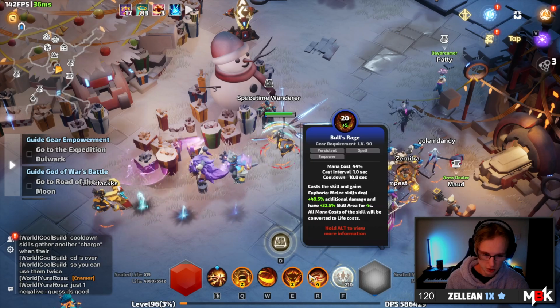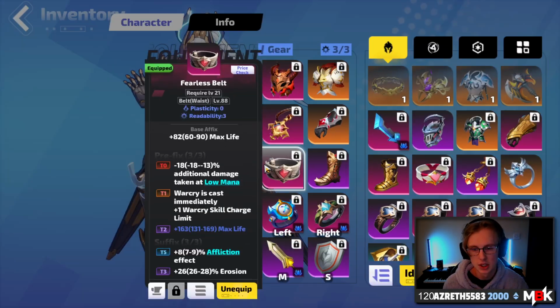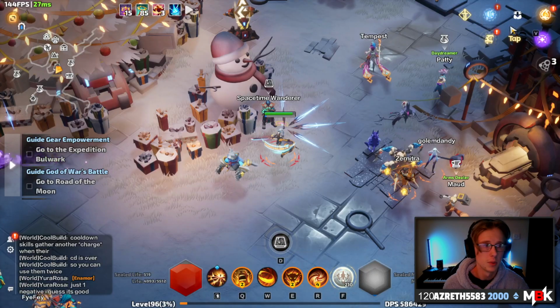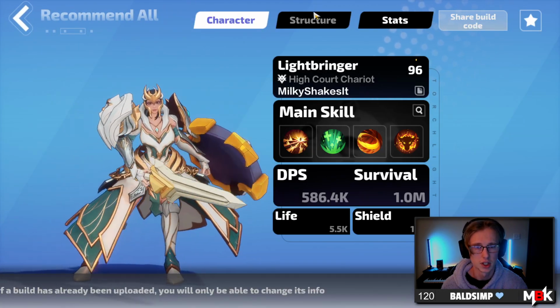Now, don't pay too much attention to my skills. I have done a bit of swapping around because I do have a belt that gives me +1 Warcry. But what we're going to look at for this is if I go to my creations and we look at this version,